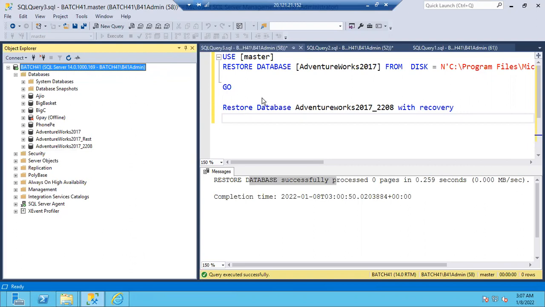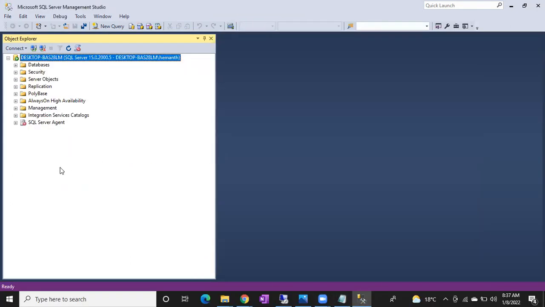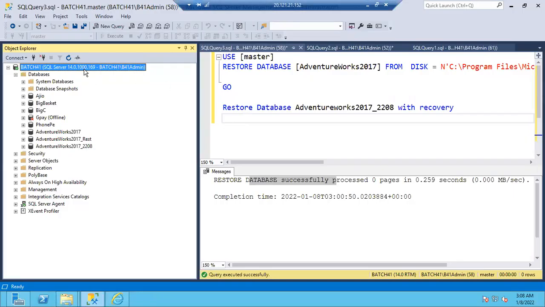Lower to higher you can restore. Lower to higher is the correct answer, says Chandrakant. So I can take the lower database backup and restore it to higher. I can restore my 2017 in 2019, right? That's what you are saying. Wrong. Lower to higher is not possible. Higher to lower only is possible. Now I can restore all my backups, all these full, differential, and log backups, in all the versions less than 2017, guys.